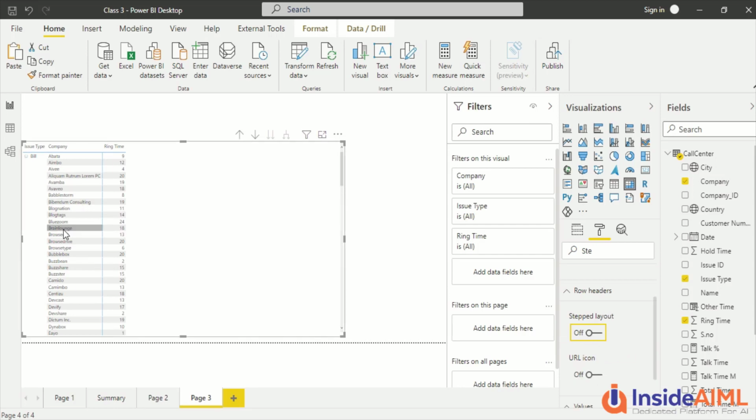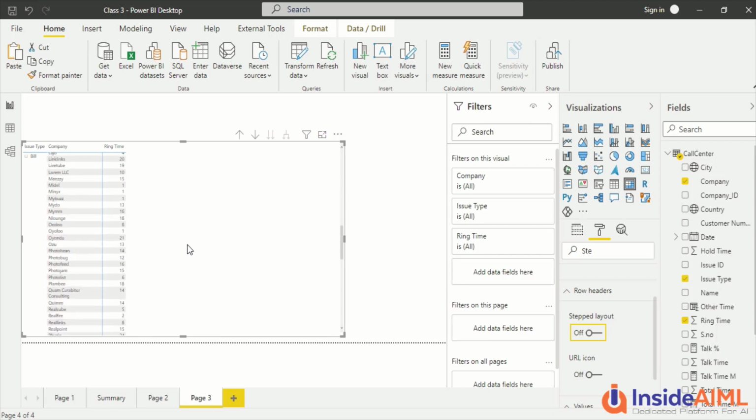So you get this kind of display. You might be very familiar with this, as you have seen it in Excel, specifically in the Excel pivot table, and you can have it here.